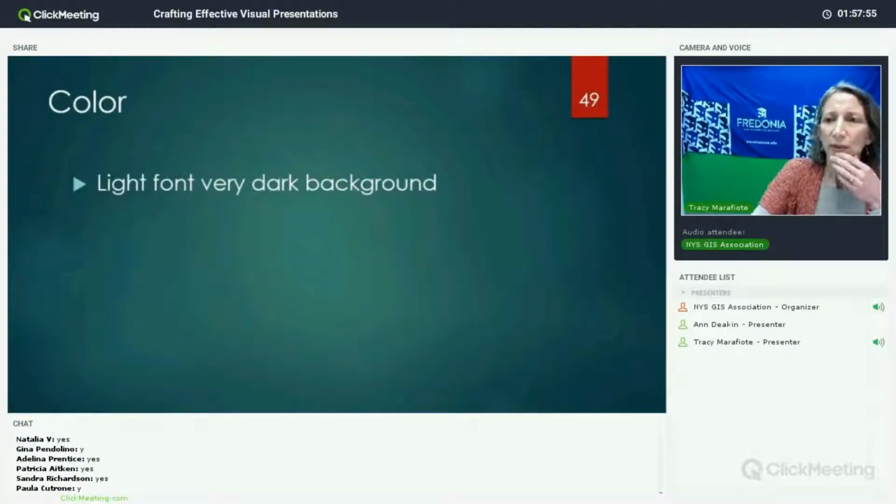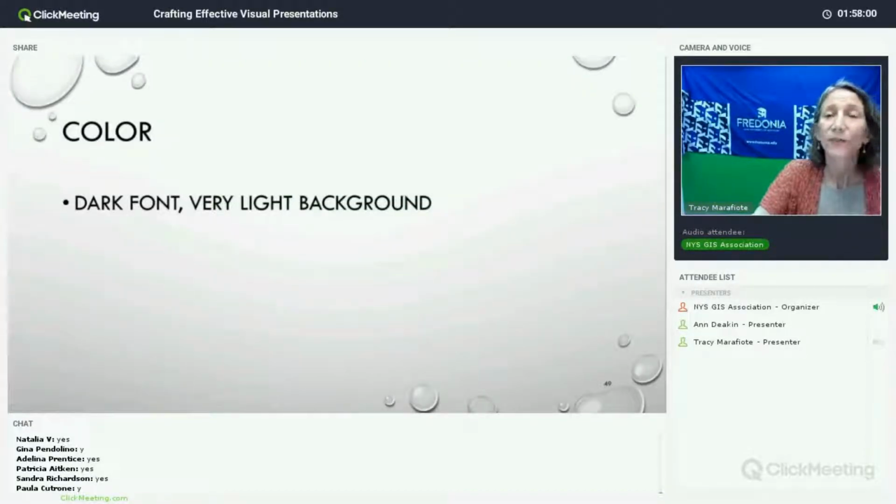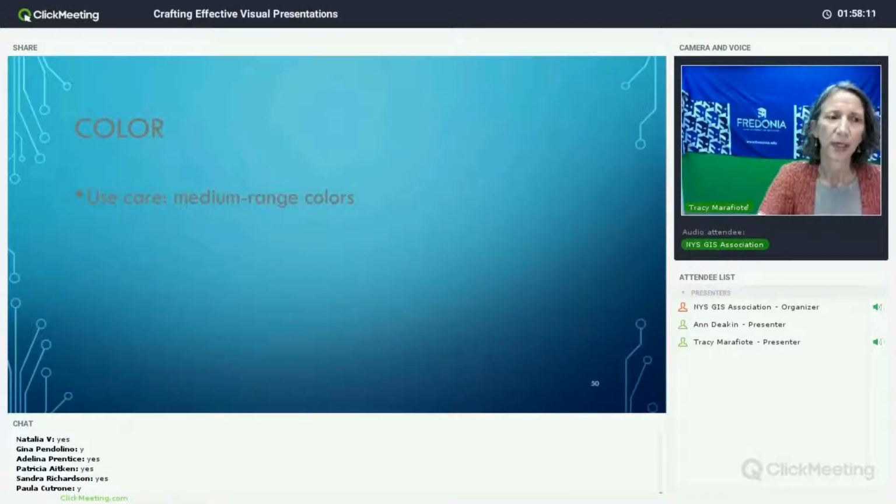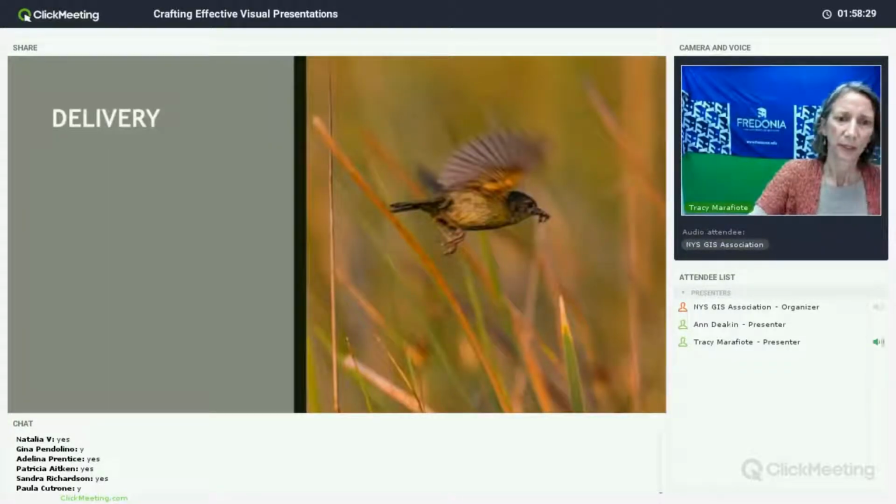So let's look real quickly at the color. When you're choosing your color, you might use a very light font on a dark background or a very dark font on a light background to make sure that the distinction between the font, your writing, and your image is really legible, that people aren't struggling to read it. If you're using a medium colored font with a medium range color background, it can be very difficult to read, especially if you're in a classroom, for instance, where maybe there's sunlight streaming in the window or that sort of thing. It can be extremely distracting. I'm going to skip that one.